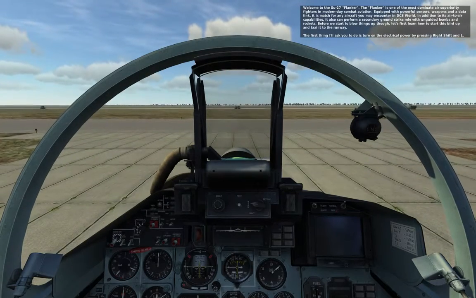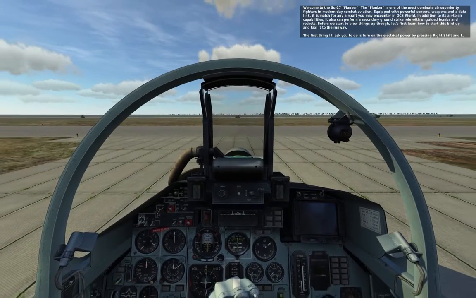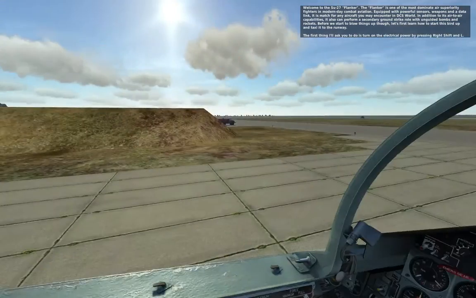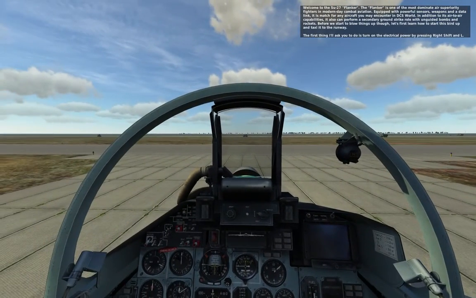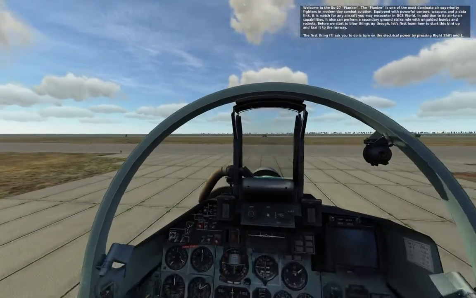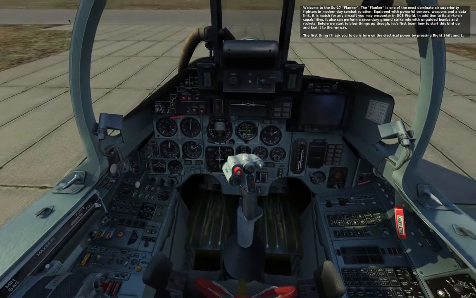Welcome to the SU-27 Flanker. The Flanker is one of the most dominant air superiority fighters in modern-day combat aviation. Equipped with powerful sensors, weapons, and a data link, it is a match for any aircraft you may encounter in DCS World. In addition to its air-to-air capabilities, it can also perform a secondary ground strike role with unguided bombs and rockets. Before we start to blow things up though, let's first learn how to start up this bird and